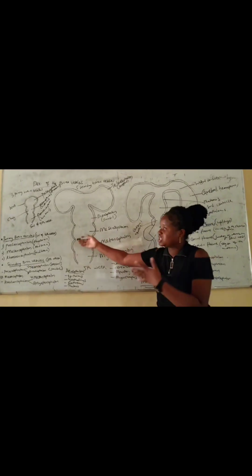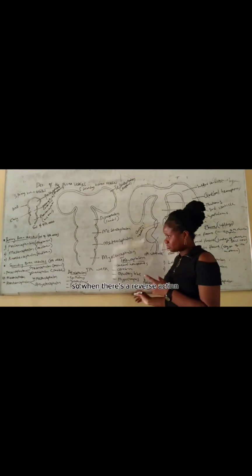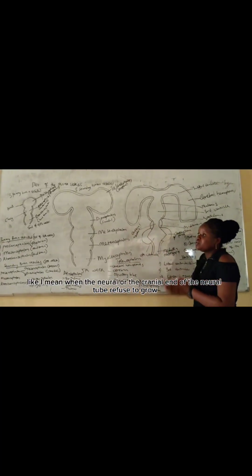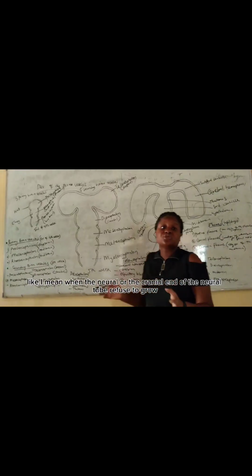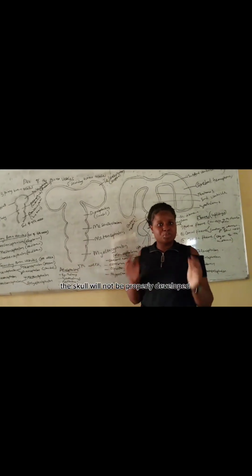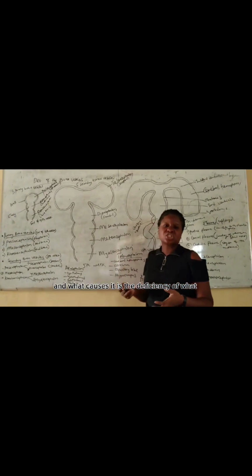That's where we have the Prosencephalon, Mesencephalon and Rhombencephalon. So when there is a reverse action, when the cranial end of the neural tube refuses to close, what happens? The brain structures will be exposed. And the skull will not be properly developed. And what causes it is the deficiency of